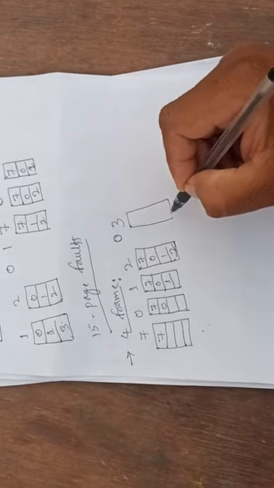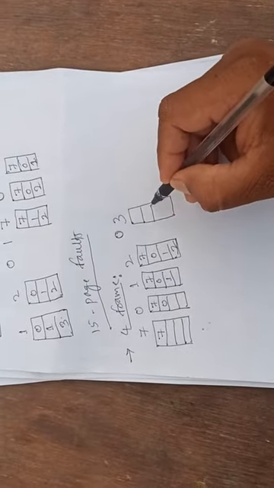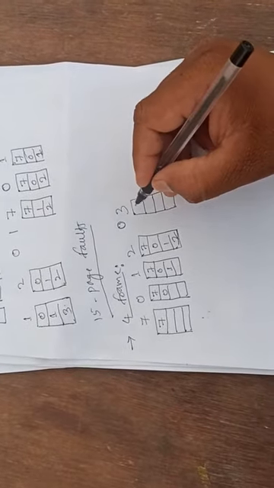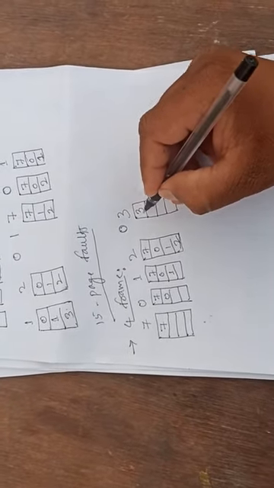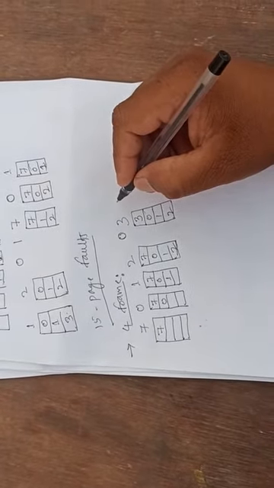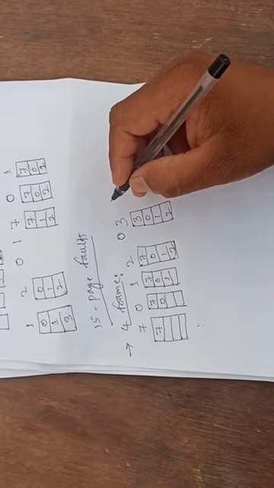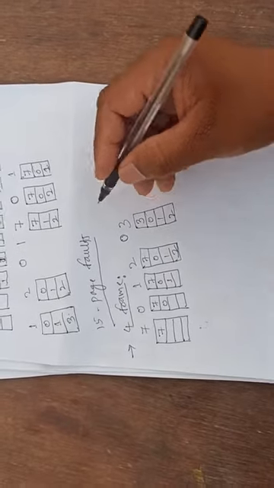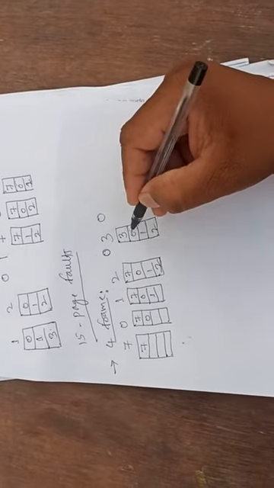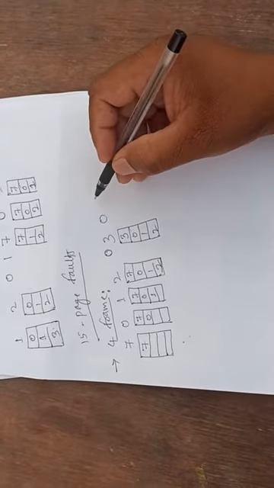Now verify, are there any free frames? No free frames are there. Now which page was inserted first, or brought into the memory first? That is 7, and it is going to be replaced here, and the remaining pages stay as they are in the memory. So the next sequence is 0. Verify the page, it is already in the memory. Again there is no page fault.